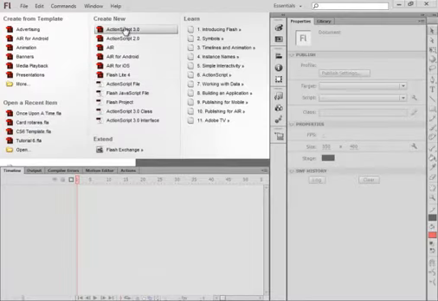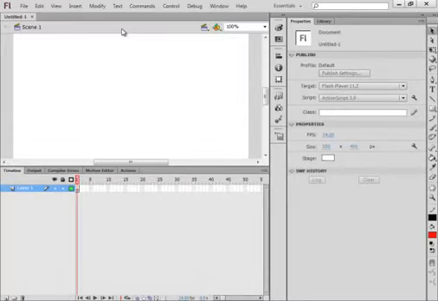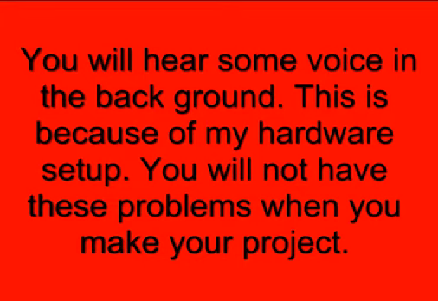I'm going to start a new FLA, selecting ActionScript 3, and the person here wants some text on the stage, and as the audio reads that text, the individual words change colors. The text I'm using is "Once Upon a Time," and because of the setup I have with my computer and the programs I'm using,